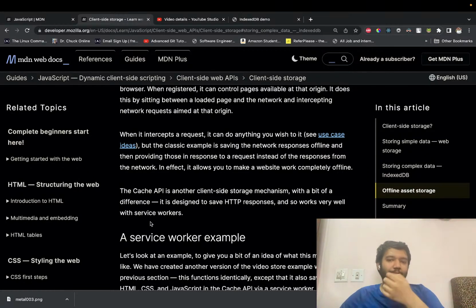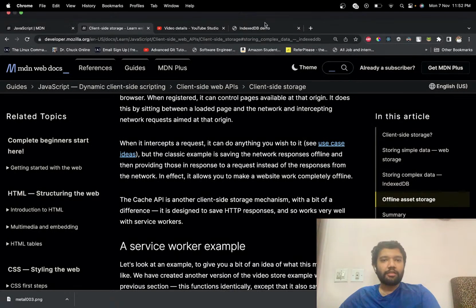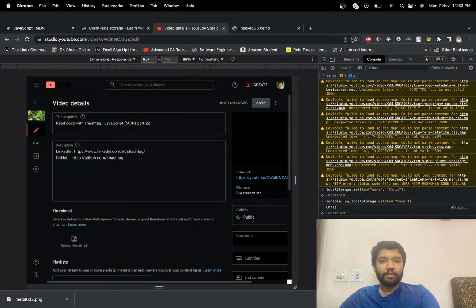That could all be solved by PWAs, but they aren't very popular because for it to be popular there must be proper advertising, I guess. Plus, YouTube is a PWA, so